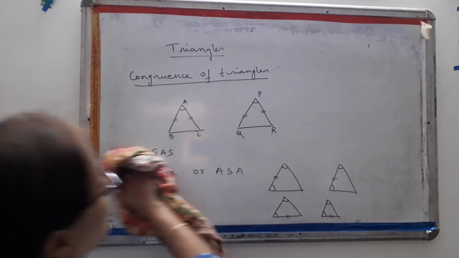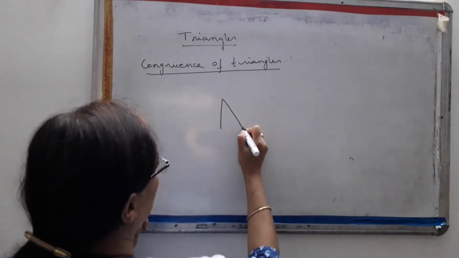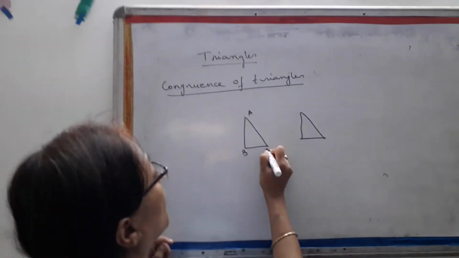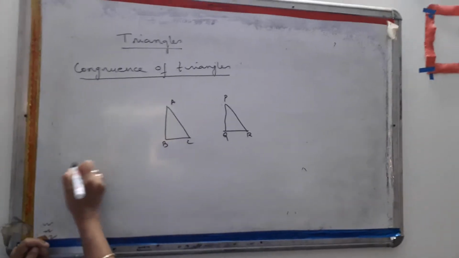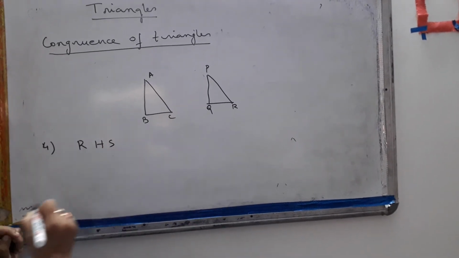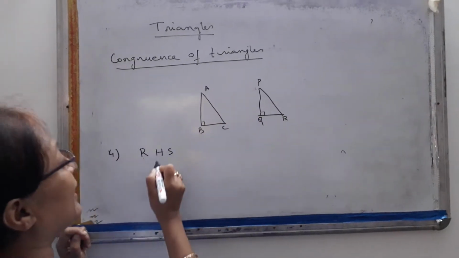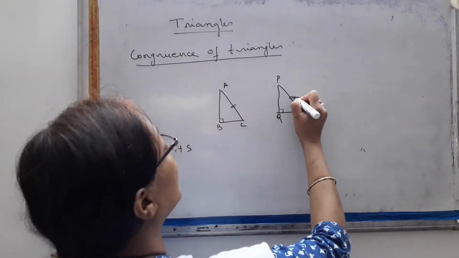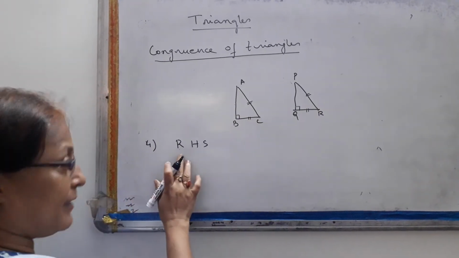Now next, number 4. It is a special condition, number 4. It is for a right angle triangle. Suppose one right angle triangle is there. In this case, if these two triangles are congruent, what are the conditions? There is only one condition, that is number 4, RHS. That means R means right angle. Hypotenuse, that means this is the hypotenuse, the side opposite the 90 degree angle is called the hypotenuse. The hypotenuse is equal, and any one side, suppose this is the side, is equal. You can take these two also. So then it is RHS.